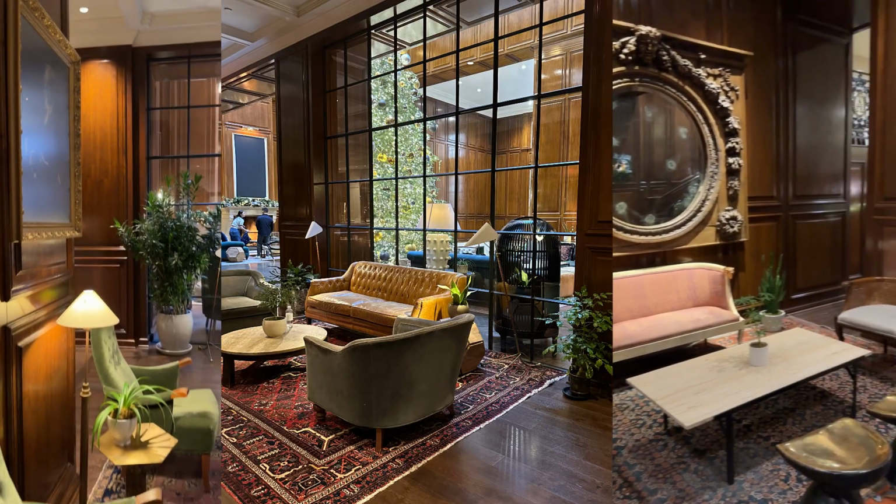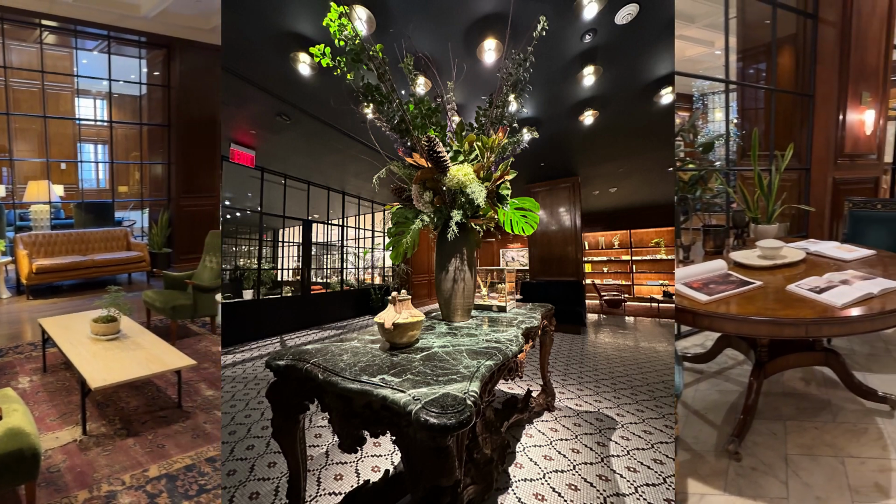The first is hotel lobbies, especially in nice hotels that are decorated very thoughtfully. I love taking in all of those choices: the fabrics, the scale, the placement, the signature scent. All of those things tell a story. And I love that anytime I visit a nice hotel, it's like I am stepping into one. But you don't have to be staying at a nice hotel to use their lobby. So don't be afraid to pop in and have a look around. And if you decide to stay there for a little while, you'll be treated to a bonus bit of inspiration, as I find hotel lobbies the most marvelous place to eavesdrop, learn about other people, or maybe strike up a